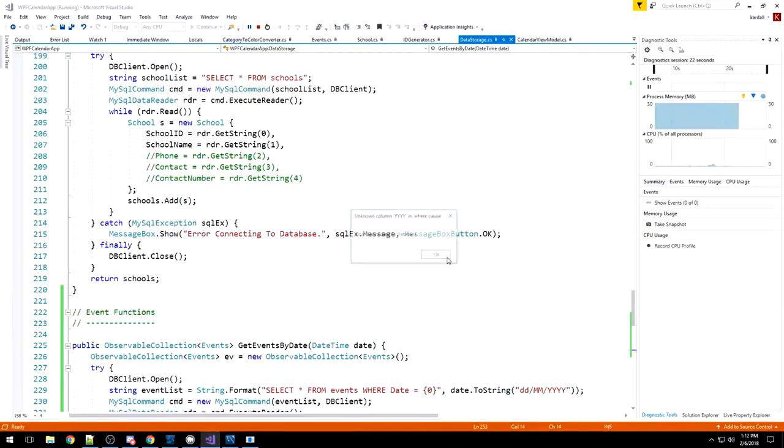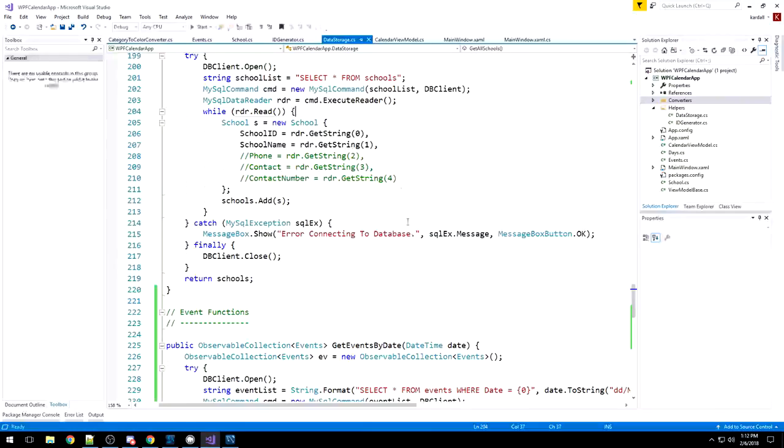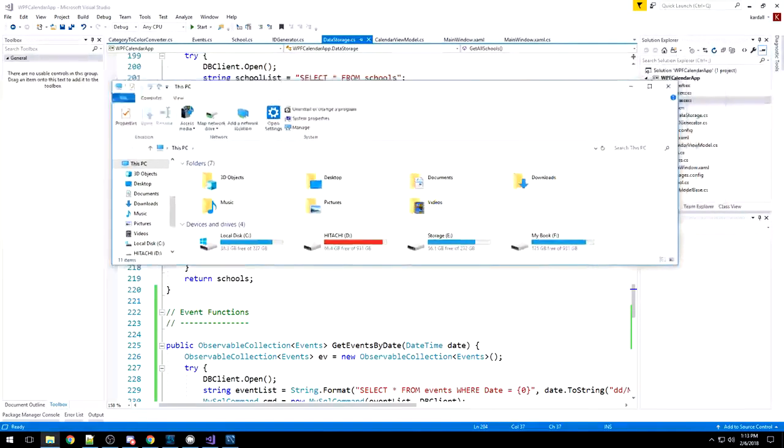It won't. There we go. Alright. Stop. I know why. Because my configuration file